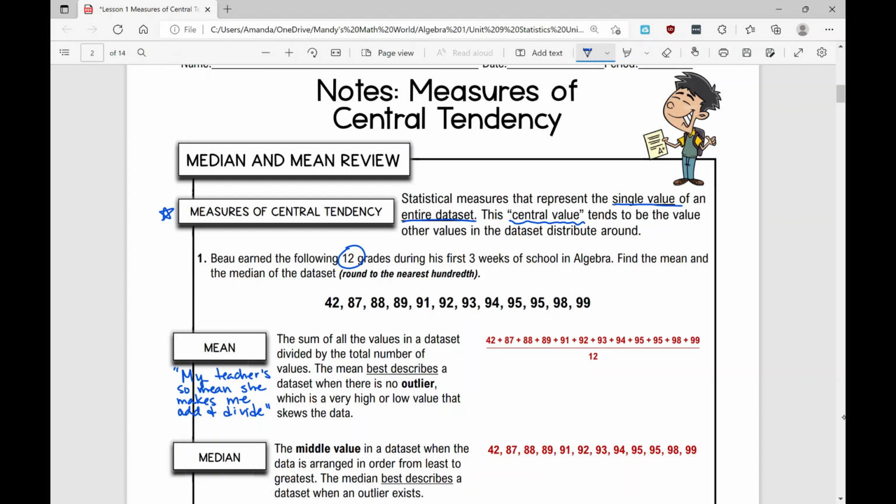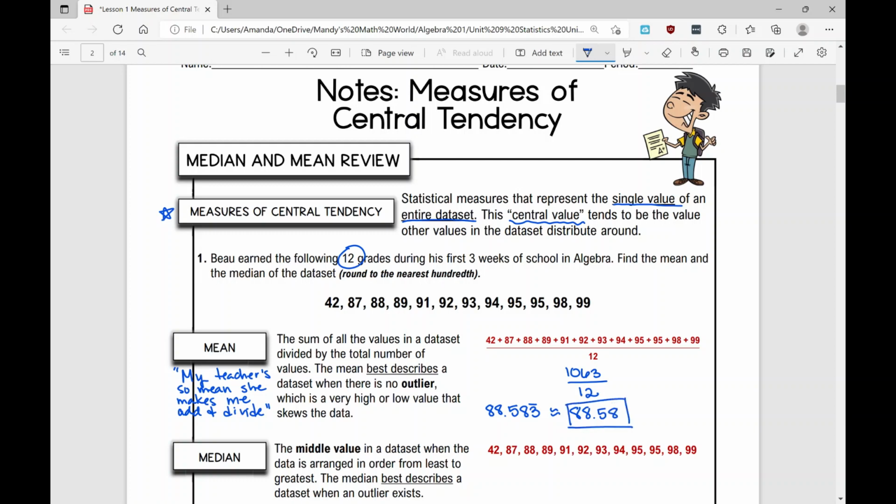When I add up all of these values, because I've already done the math on this, and to just keep this lesson moving, I get 1,063. Now I'm going to take 1,063 and I'm going to divide it by 12, and I get 88.583 repeating, which rounds to approximately 88.58. So there's the mean,